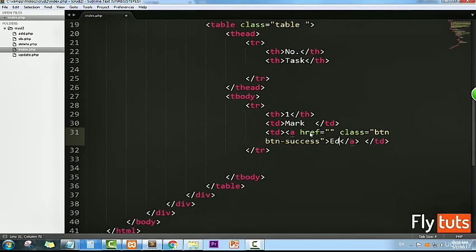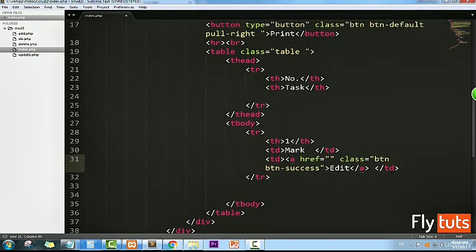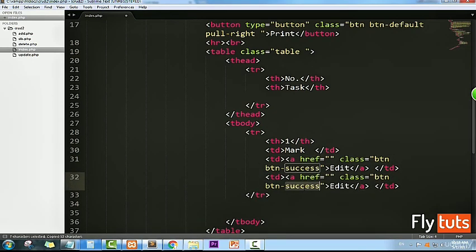Let's say edit. This is for editing, and another one also will be for deleting. Just copy and paste, make it danger. So I have this button to be red color, delete or remove,